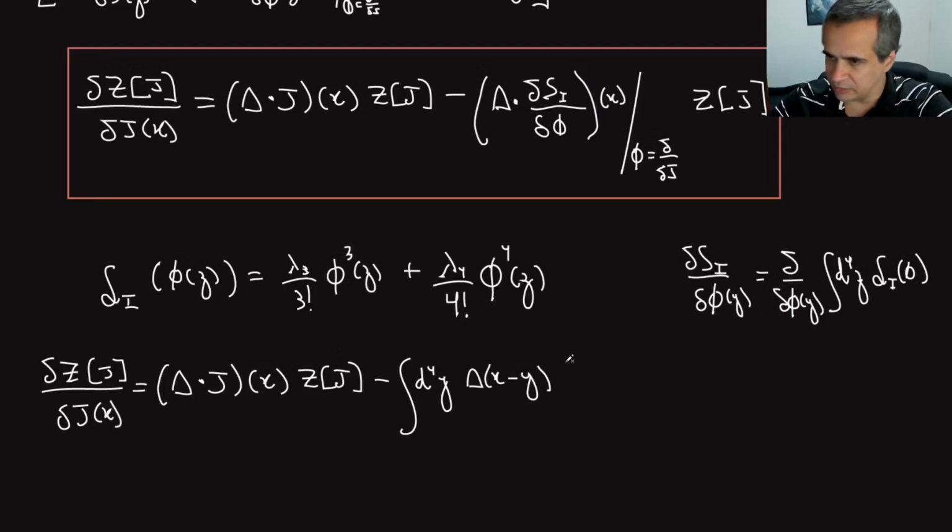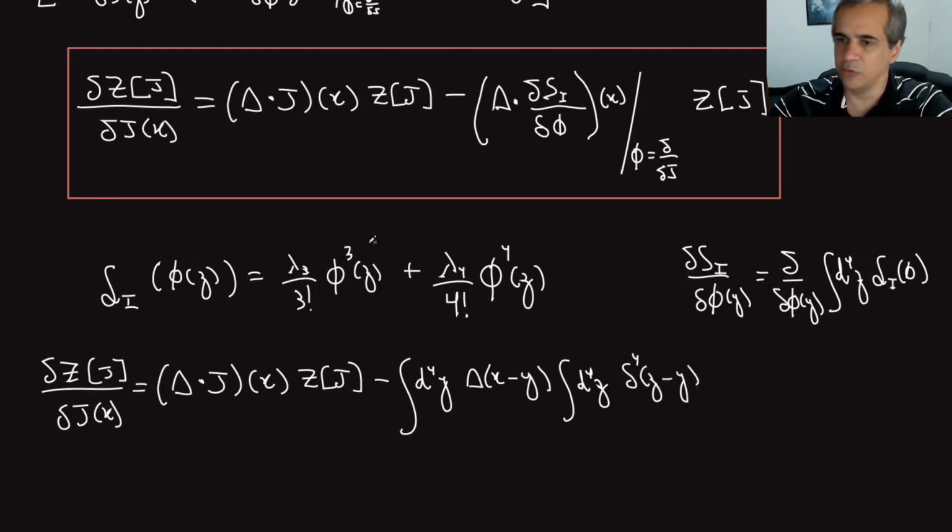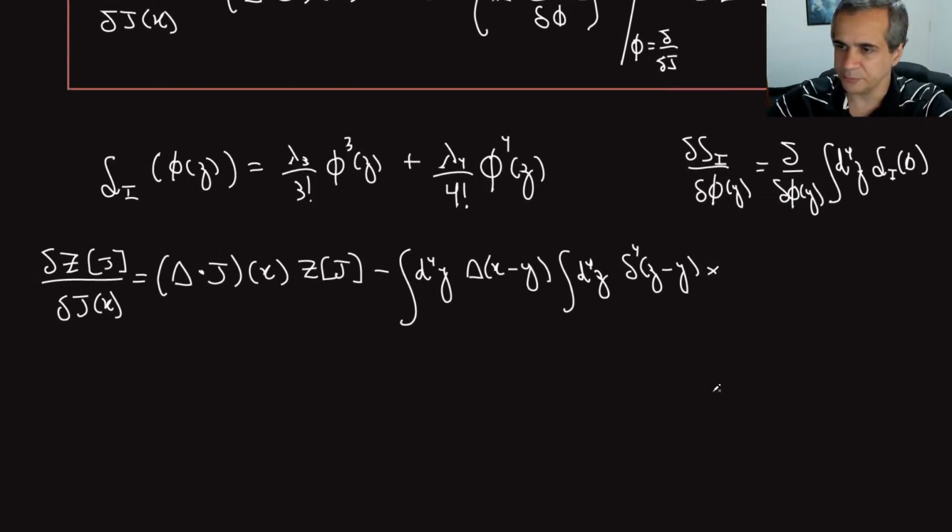So I want to write that. This is a d^4 z. This derivative goes in here, gives me a delta 4 of z minus y. And now I have to write these with one less power because that derivative took one of these powers out. Also, the factorial here is one less. But remember, whatever is left after I calculate this, I have to replace phi's by del over del j's. So I have to write this in terms of derivatives in j.